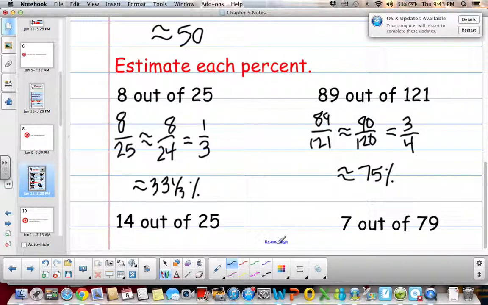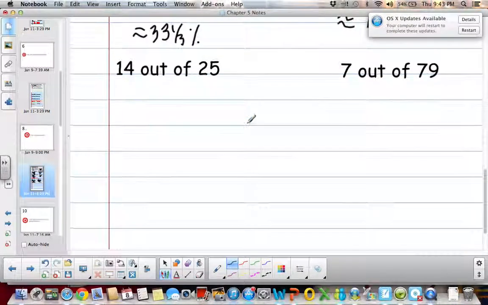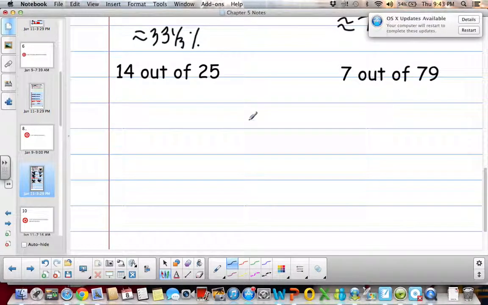Okay, if we have 14 out of 25, I'm going to write this as a ratio, 14/25. That is in simplest form. It's hard for me because there is no fraction in our table that tells us what the percent of 14/25 is, but I know that